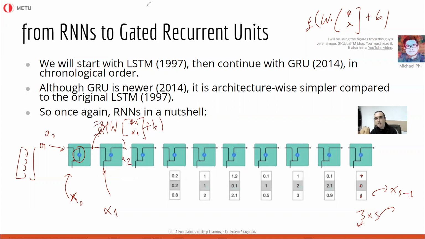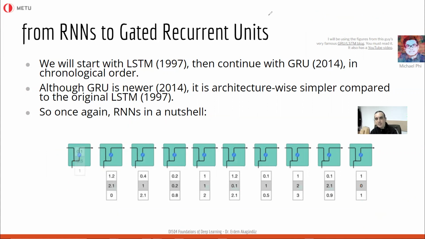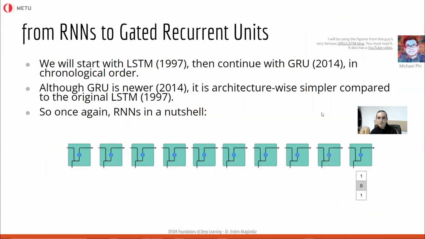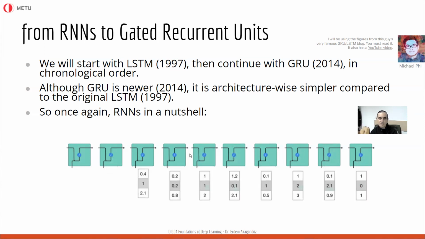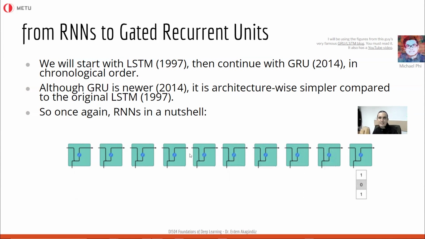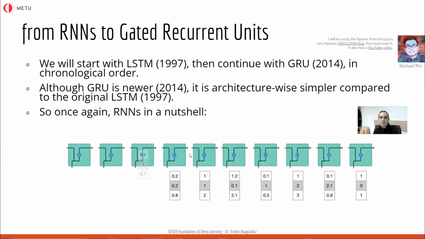So that was the story, if you remember. This is how this guy puts it in a figure, which is quite elegant, in my opinion. So this was RNNs in a nutshell. RNNs were invented almost 50 years ago, the idea of recurrency in a neural network. I mean, the idea of recurrency was already there because of control theory and such, more like 80 or 100 years ago. But the idea of using a feedback connection in a neural network is about 50 years old.